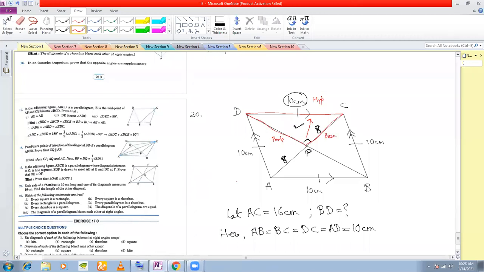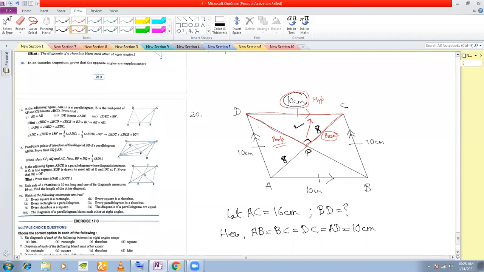So that means now, if you remember, I told you that if you know any two sides of a right angle triangle, you can find out the third side with the help of Pythagoras theorem. Coming back to this right angle triangle, you know the length of the hypotenuse to be 10 centimeters. You know the length of the base to be 8 centimeters. That means you can find out the length of the perpendicular with the help of Pythagoras theorem.